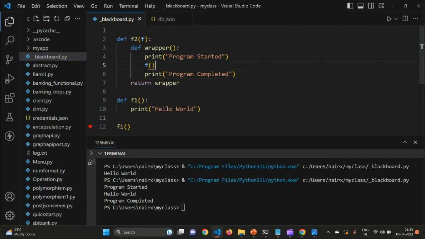What I'm doing is I'm making changes to the functionality of f1, right? How did I do it? This f1 function I want to pass to the f2 function, with f as an argument. So f is going to be f1. And then inside f2, I have another function called wrapper. In that wrapper, I'm printing program started and running the function f, which is actually f1. And then I'm printing program completed, right? So in order to decorate this f1 function, I need to give this at symbol